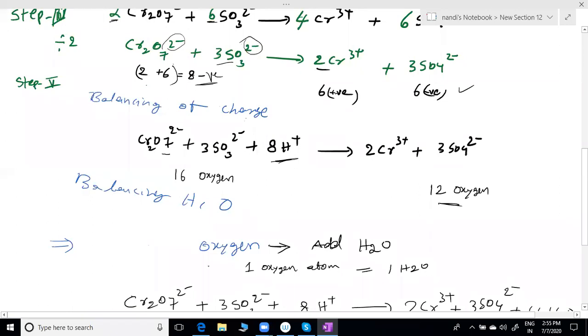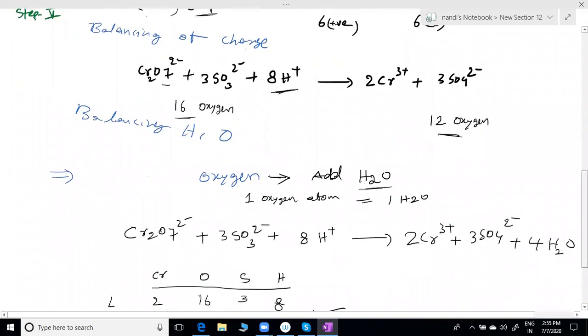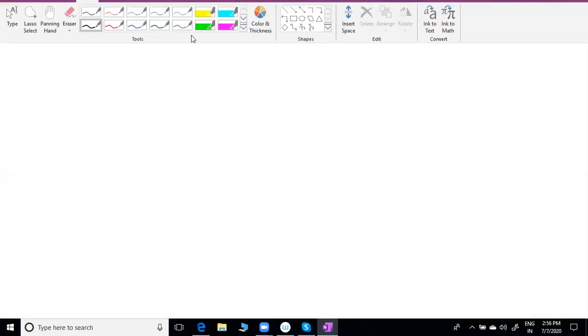After that, I am balancing hydrogens and oxygens. Wherever oxygen atoms are fewer in acidic medium, add that many water molecules. I counted 16 on the left side and only 12 on the right. By adding 4 H2O molecules, oxygen is balanced, then automatically hydrogen is also balanced. Here, I'm going to give one more example. Please try it carefully, everyone.